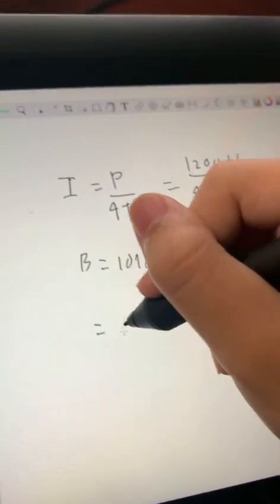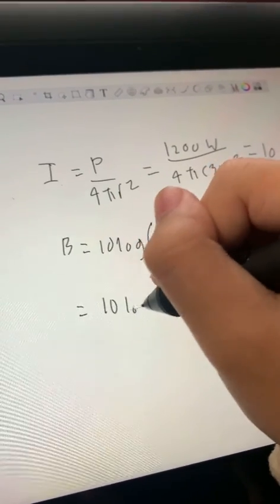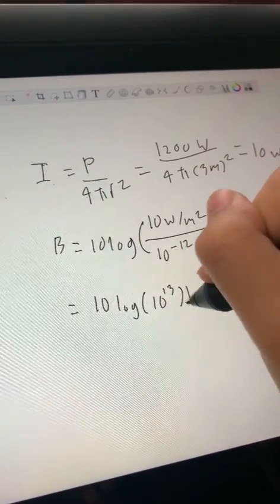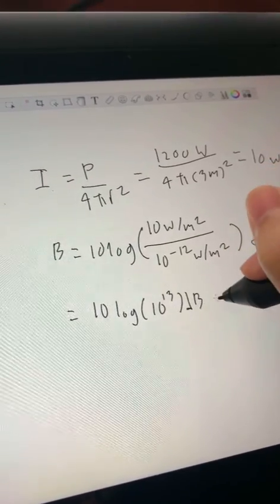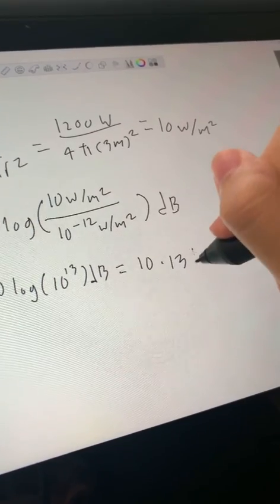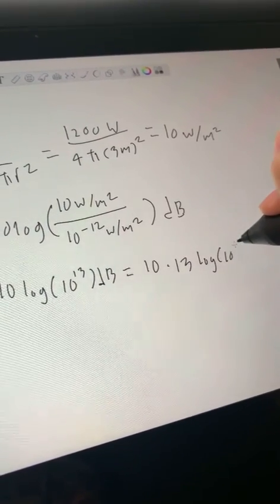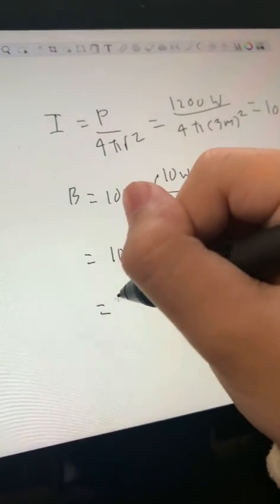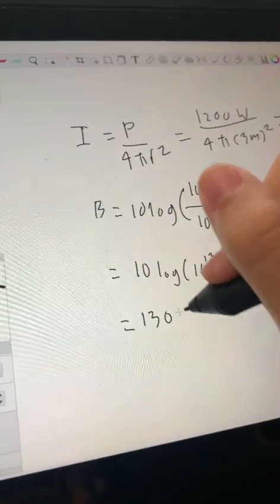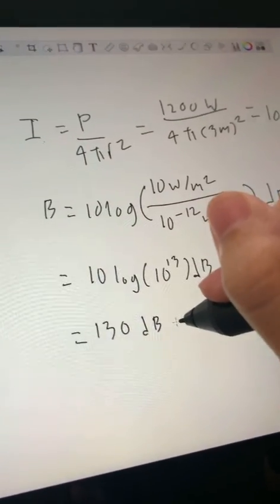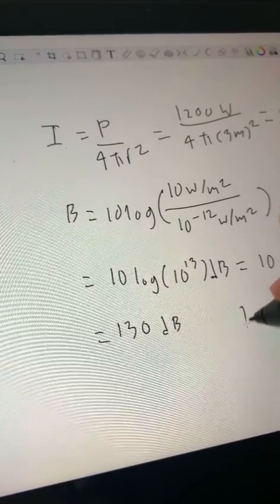And this will equal 10 log of 10 to the power of 13 decibels. And then when we convert this, it'll be 10 times 13 log 10 decibels. And the final answer, when we convert everything together, is 130 decibels, which is more than the 120 decibels